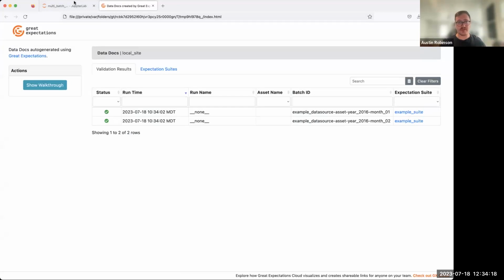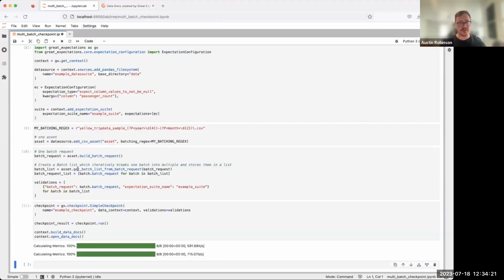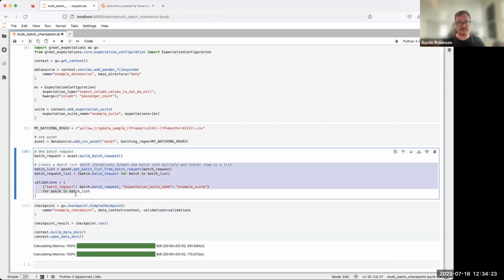Super quick, we're doing all of this in 5 lines of code, as opposed to having to introduce an extra 3 lines of code for every single batch or asset that we're dealing with. So this process, this block particularly, is what's captured in that document that Abhijan just shared. We think it's going to save a lot of time and a lot of effort and introduce a lot more flexibility in how you're doing multi-batch validations with GX.